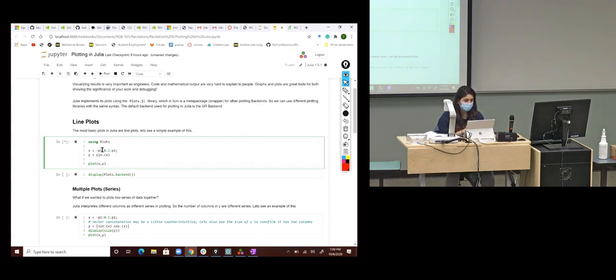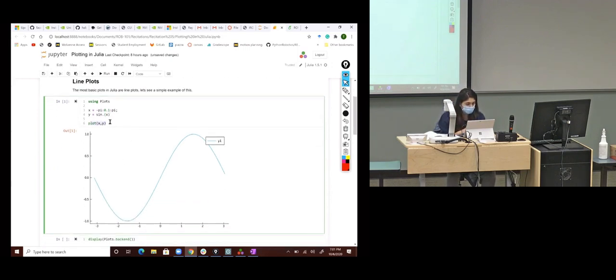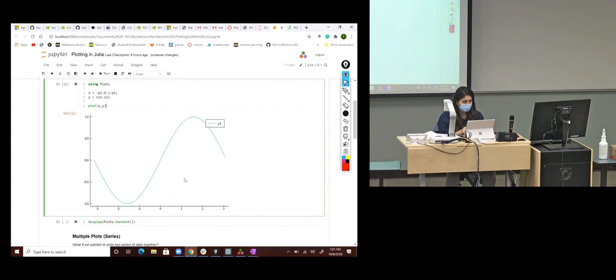So when I say x goes from minus pi to pi with a step of 0.1 between each point, and I define y, which is a vector the same length as x, and it applies the sine function to each element of x, which is what this dot operator is doing right here. It's going to apply the sine function to each and every element of x and create a new vector y. So when I say plot x comma y, it will automatically generate a line plot